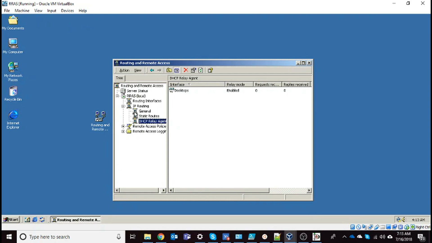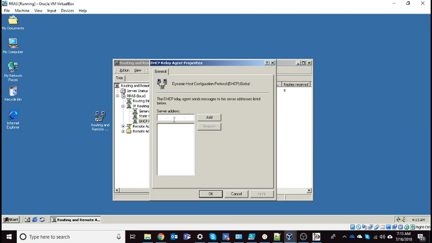The second component to this is having the DHCP relay agent point to the server. We right click on DHCP relay agent, go to properties, and type in the IP address of the domain controller, which is 192.168.1.2. We click add, apply,